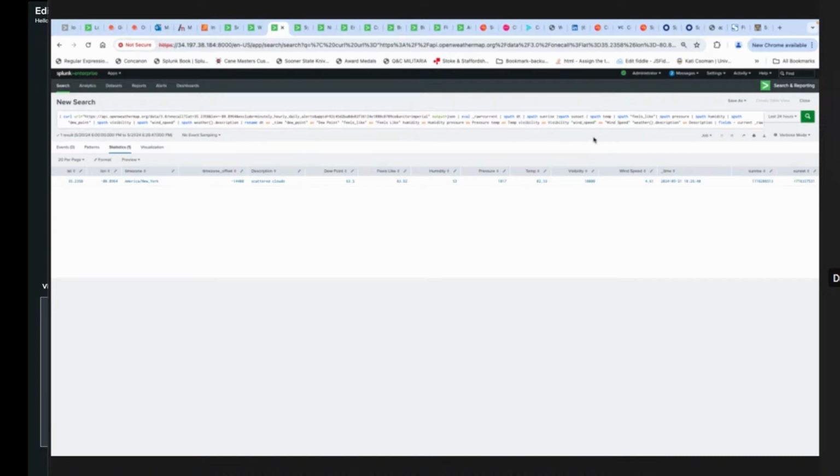Do not use REST API, do not use modular API. You can if you want. I'm not going to say you shouldn't, but this is a tool called curl. It's up on Splunk. It's free.